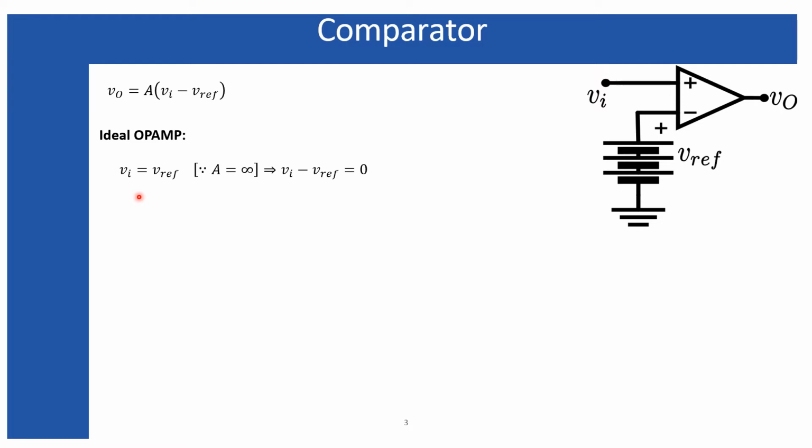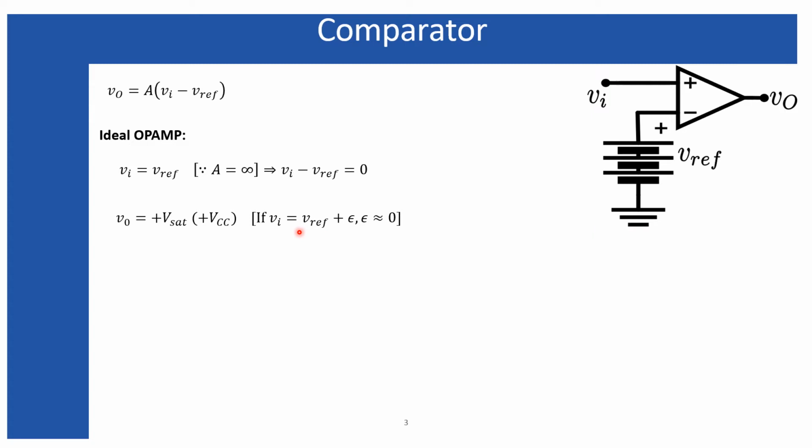What does it mean? It means that if you keep the reference voltage fixed at a certain voltage, suppose for example the V reference, consider it is at zero potential. That means either you can set this voltage source at zero, or you can directly connect this inverting terminal to the ground. Whatever it is, for the time being I am considering the reference voltage is zero. Now if the input voltage becomes slightly greater than the reference voltage, by a very small amount, nearly zero.